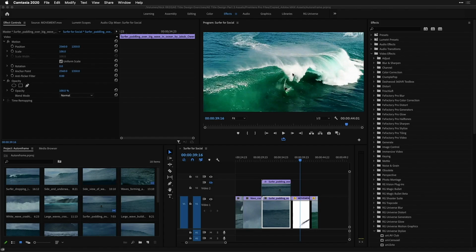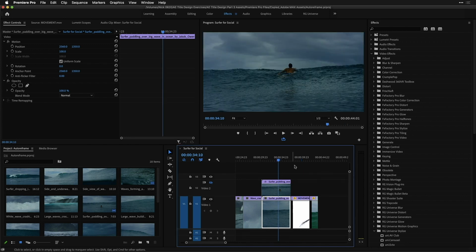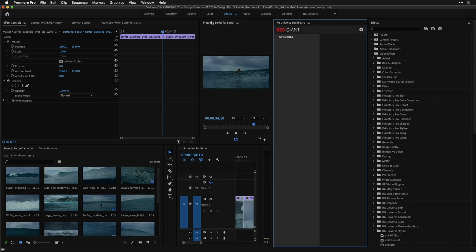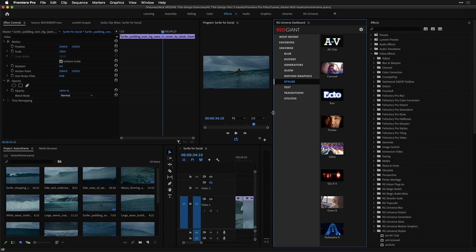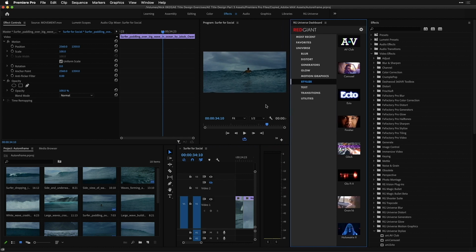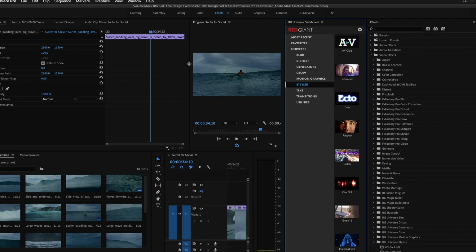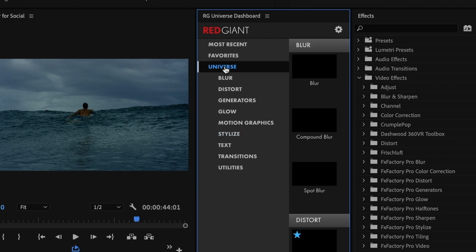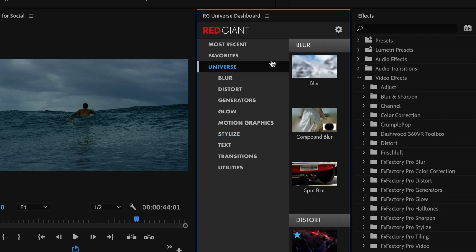Let's get to it. So I'm here inside of Premiere Pro, and one way to work with Universe once it's installed is to head to your window menu, and under extensions you are going to choose the Red Giant Universe dashboard. This docks to the right in my interface. However, this is going to show up as a floating window the first time that you use it. No matter how it shows up, we can see here that we can preview each of the Universe effects by a handy little thumbnail